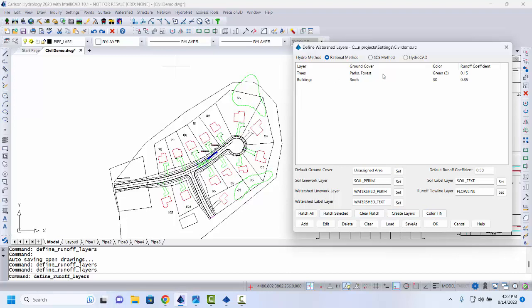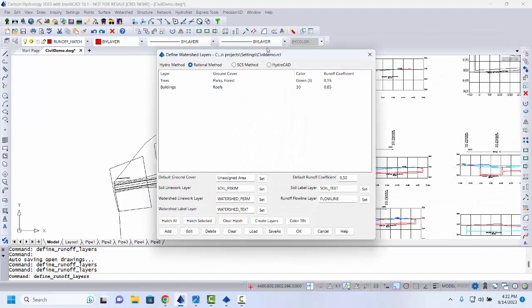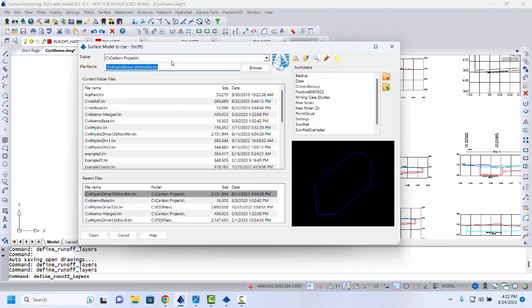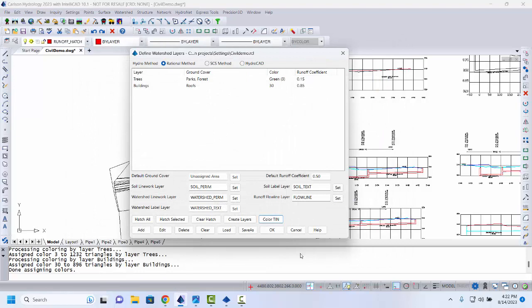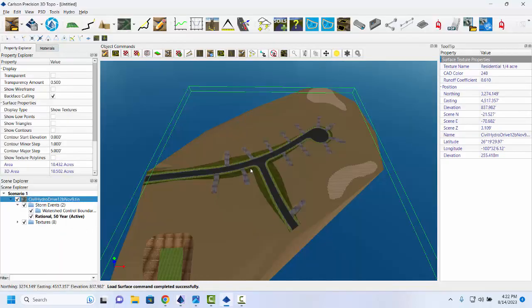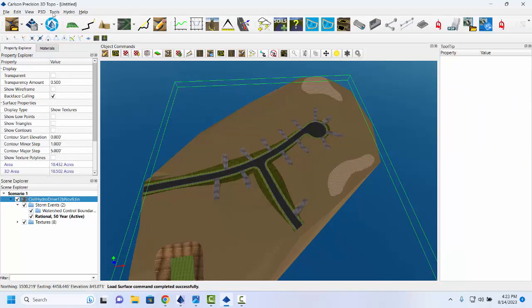So here we've defined trees as pure green and buildings as color 30. When we hatch them all here, you can see how they hatch out, and then you can go further and color the tin. So we'll color that tin and exit out. Now, back in the CAD, we do need to define